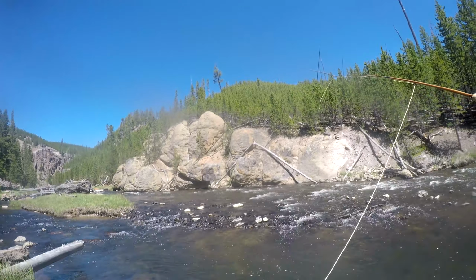The wind then blows my fly over to the smaller of the two trout. Oh, I got one. Oh boy, I got one. A big one. Sorry about that, folks. That is not a big fish. Wonder what it is. All right. Is it a trout? No, it's a little...